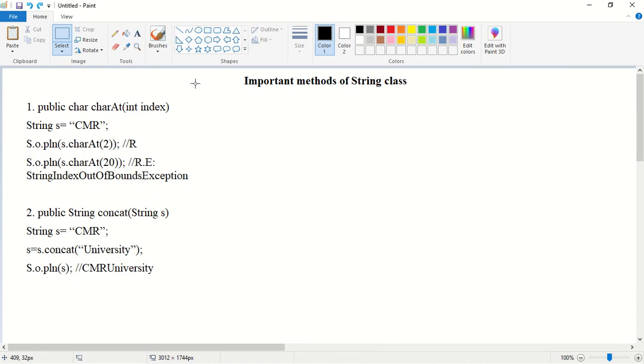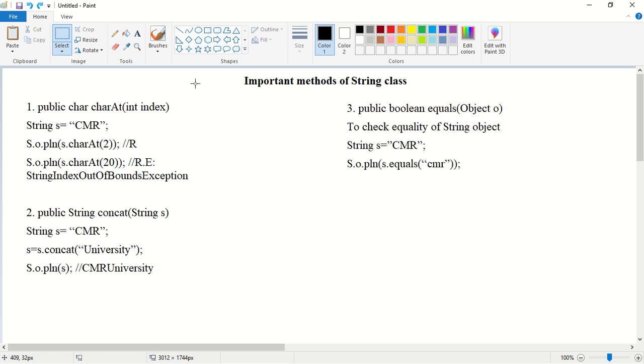Next, what is the next method? The next method is the equals method. Why is the equals method used? The equals method is used to check the equality of two strings. We'll see an example. String s is equal to uppercase CMR, System.out.println of s.equals lowercase cmr.